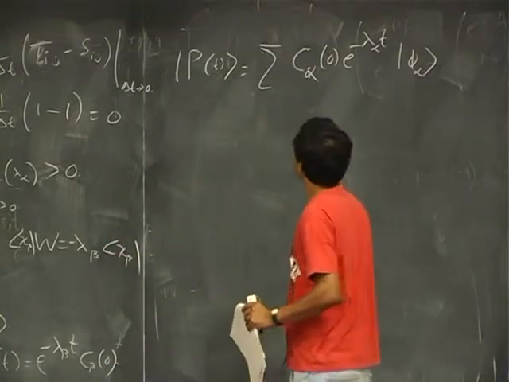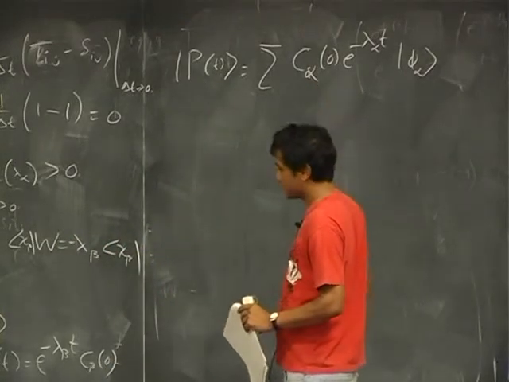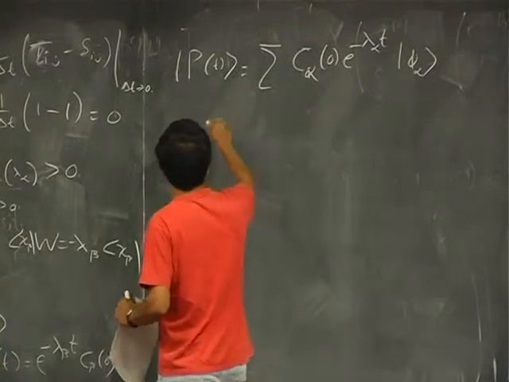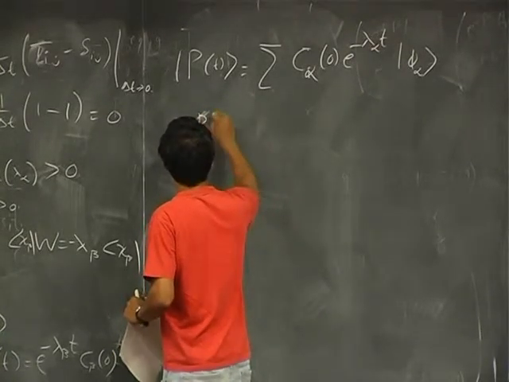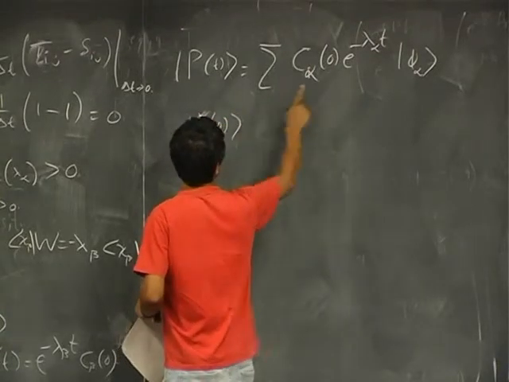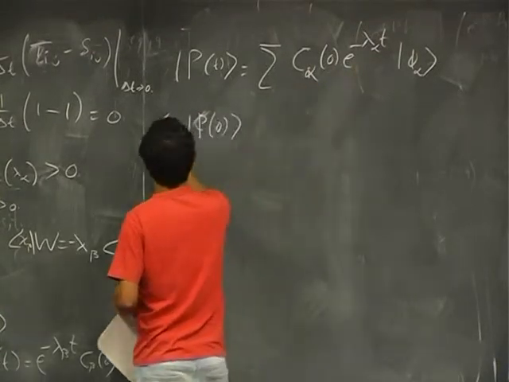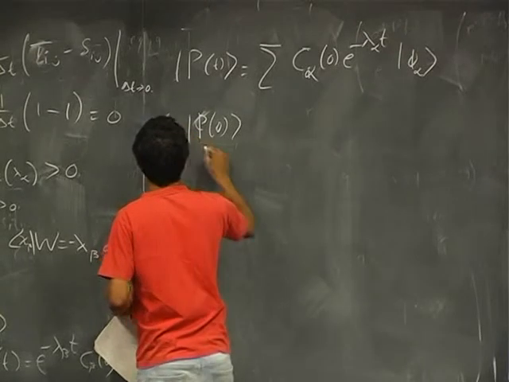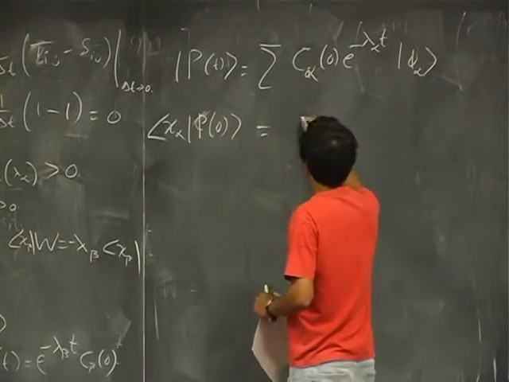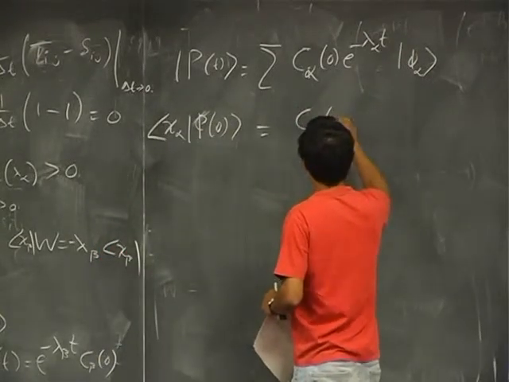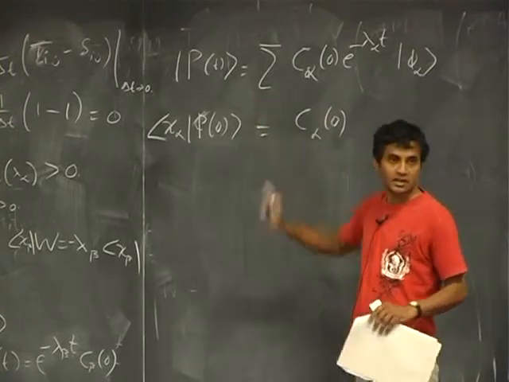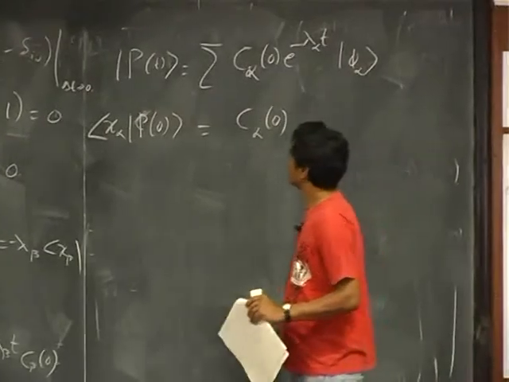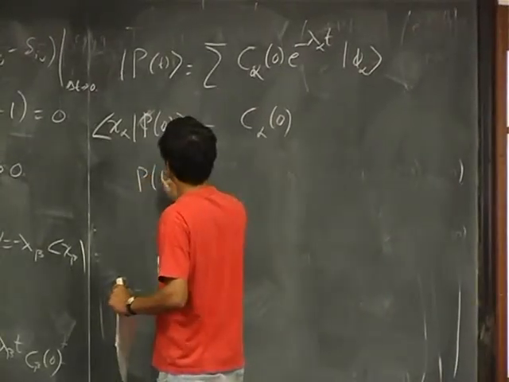Okay, so now we still need this C alpha zero, and that we can get by just taking t equal to 0. We know the state at time 0, and we take a dot product with chi alpha, which is equal to C alpha 0. Right, so this is clear. Okay, so therefore P of t is